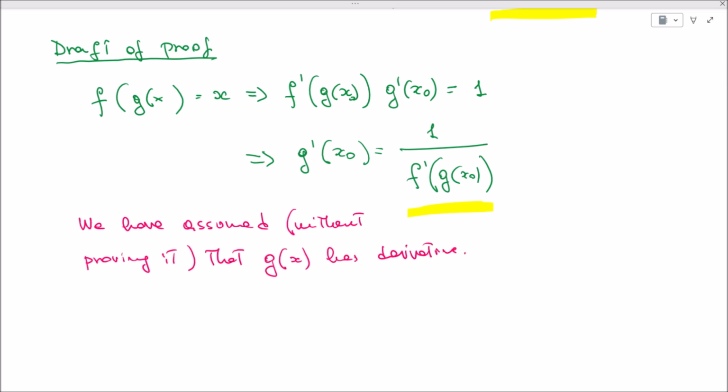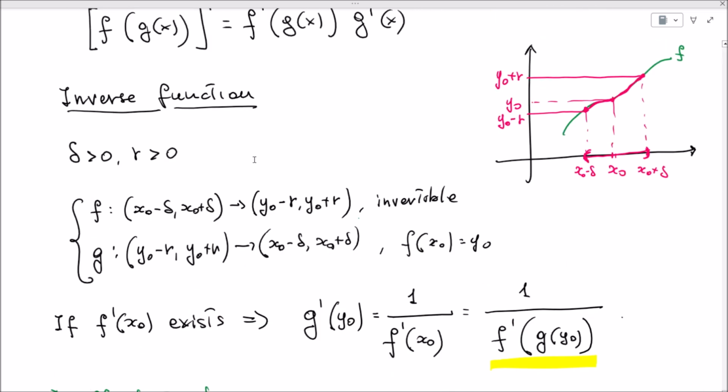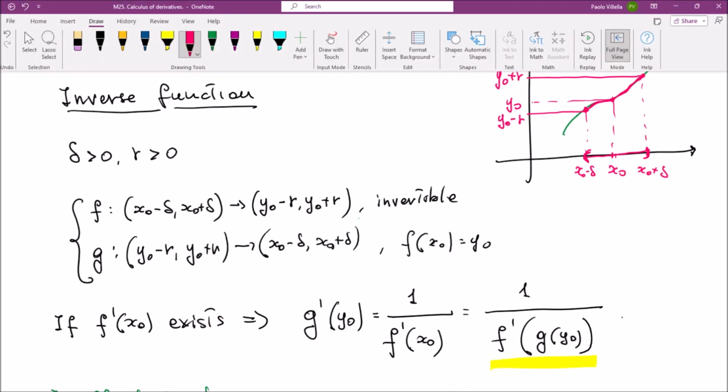So this is the missing part of this proof. This is why this is not a complete proof. We said that f is a function that has derivative. If you look back at the hypothesis of our theorem, we said that we are assuming that f prime of x naught exists,